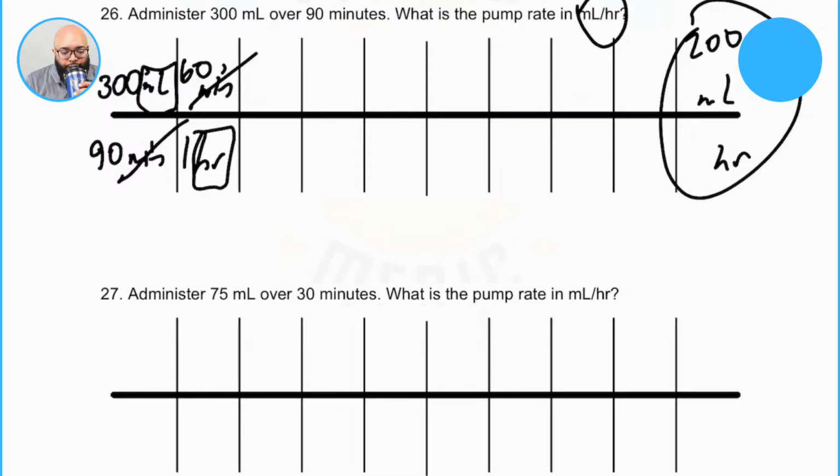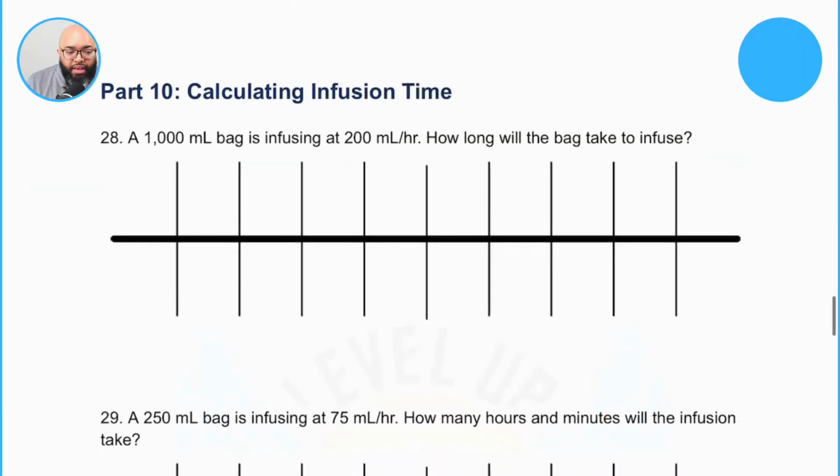What's your final answer on 27? I got 150 mLs. Yep, we have 150 mLs. Did everybody else get that? Yes. All right, 150 mLs per hour. Okay, now, in this case,